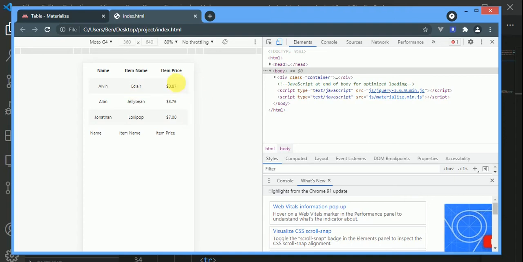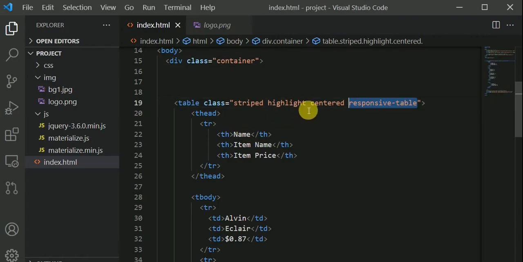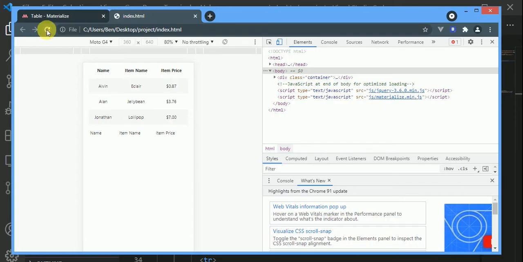Assuming we have like more additional columns here. Okay, but when you have something like that, you make it responsive by writing responsive dash table. Okay, so that on mobile view you have something like this, so that you can easily scroll,